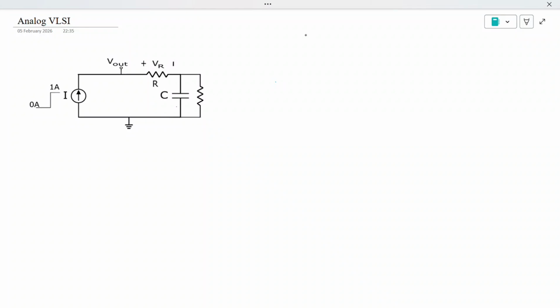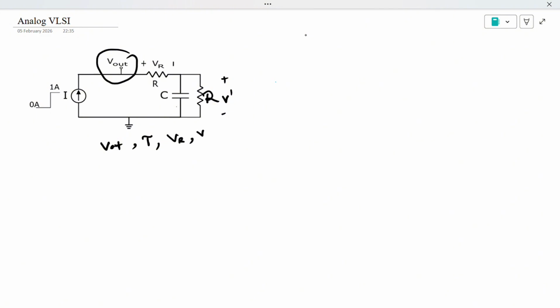In the last session, we discussed the RC circuit with a current source, in which this resistance is not there. Now, in this continuation, we have added this resistor. We will observe the behavior of the circuit, and we'll try to find V out and the time constant tau, and we will plot VR, and let's say this as